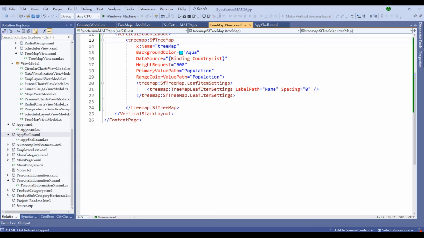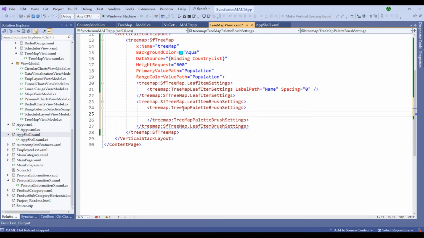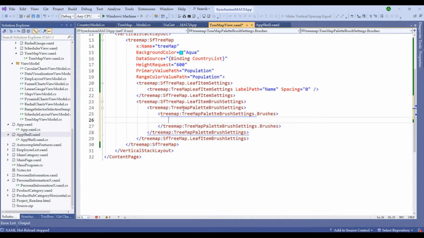The TreeMap component supports the leaf item brush settings property to set the brushes for each of the different segments. So let me add TreeMap colon SF TreeMap dot leaf item brush settings. Let me choose the brush settings. Within the brush settings, let's say TreeMap colon TreeMap palette brush settings. Within the palette brush settings, I'm going to add palette brush settings dot brushes. Let me choose TreeMap colon palette brush settings dot brushes, and within the brushes I'm going to add solid color